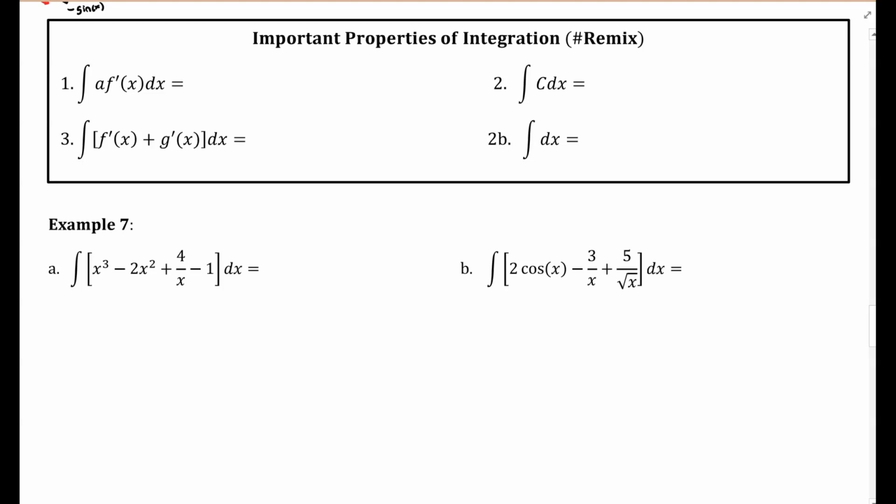And again, just a clarification on definite versus indefinite. Definite has limits of integration, a to b. Notice none of these have an a to b. It's just asking you to integrate. So these are called indefinite, I-N, indefinite, and I'll write that right here. So indefinite and again definite